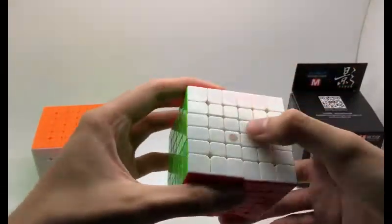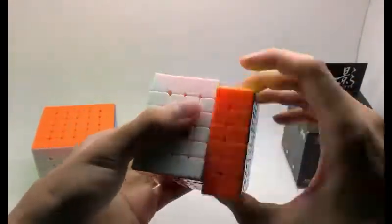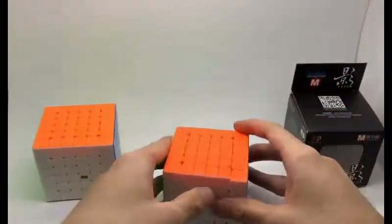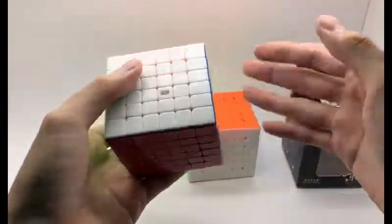The inner layers have magnets in them and they are very strong and a bit more snappy. And generally the inner layer is very smooth, the second layer is the smoothest, and the outer layer has a little bit of crunch. And this is not my own Ultra GTS